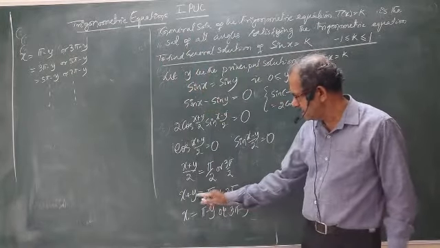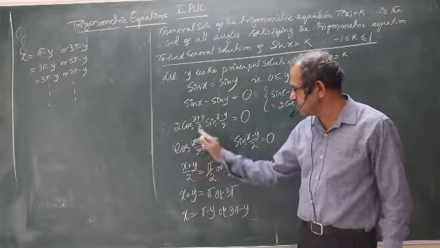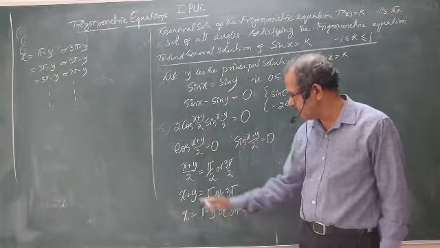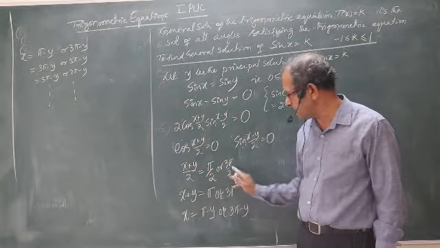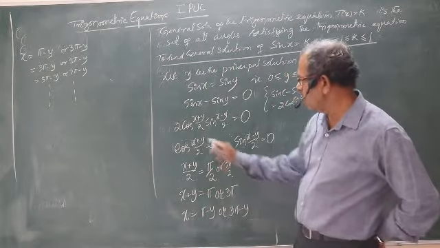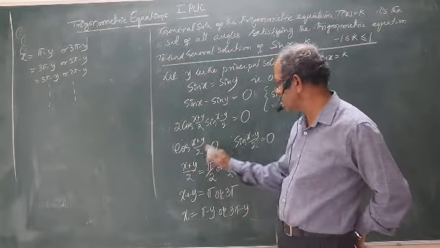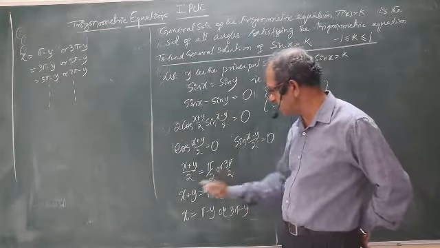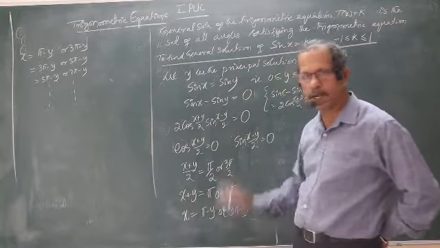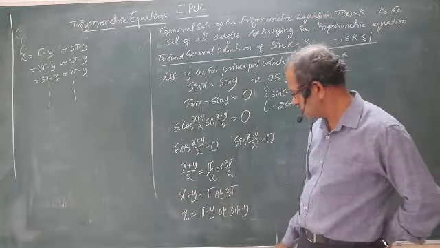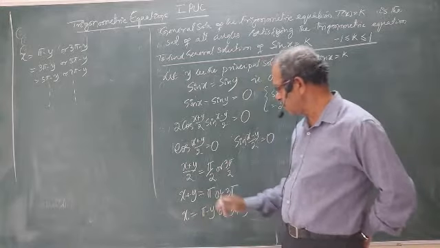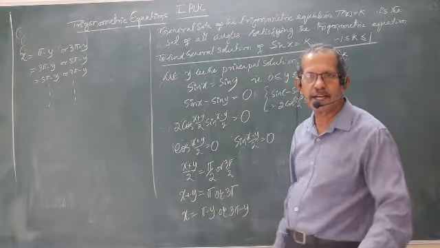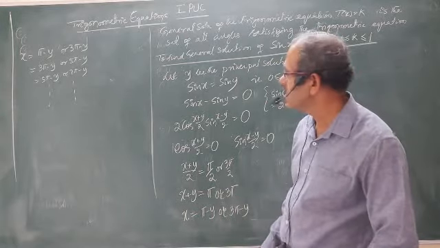Again, you got the idea clear, no? Any complication? x plus y equal to pi or 3 pi, because cos of pi by 2 is also 0, 3 pi by 2 is also 0. (x plus y)/2 equal to this means x plus y equal to pi or 3 pi. x equal to pi minus y or 3 pi minus y. Right?